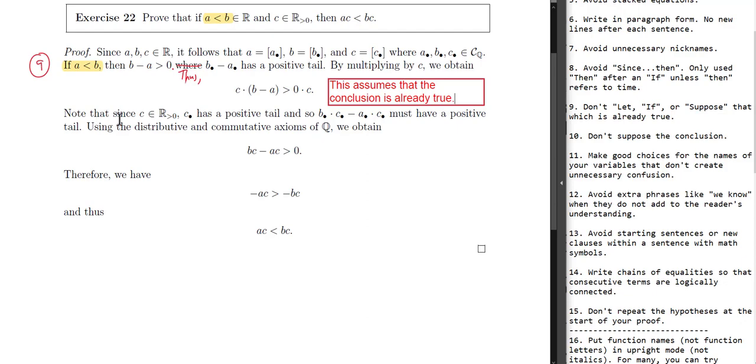Let's see what else you did. Note that since C is a positive real number, C dot has a positive tail. And so B dot times C dot minus A dot times C dot must have a positive tail. So this is true, and it's what you want to get to, all right? But we need an argument here. We know that B dot minus A dot has a positive tail. We know that C dot has a positive tail. And so what we could be doing is we could use the Mc theorem